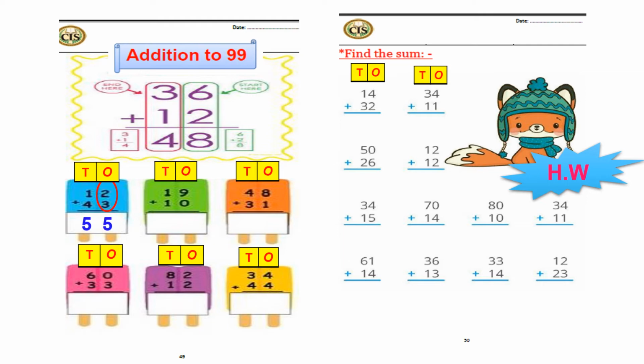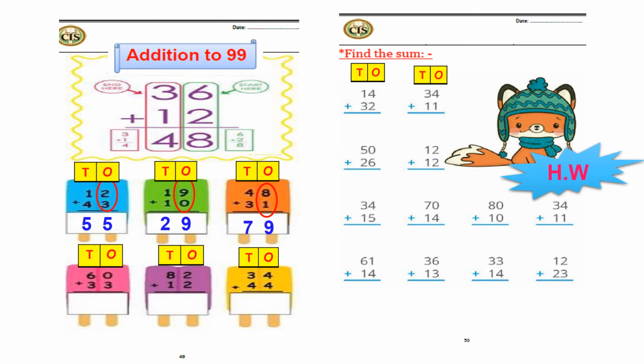19 plus 10. Ones with ones, tens with tens. 9 plus 0 equals 9. 1 plus 1 equals 2. So the sum is 29. 48 plus 31. Ones with ones, 8 plus 1 equals, count after 8, 9. Then tens with tens, 4 plus 3 equals, count after 4, 5, 6, 7. So the sum is